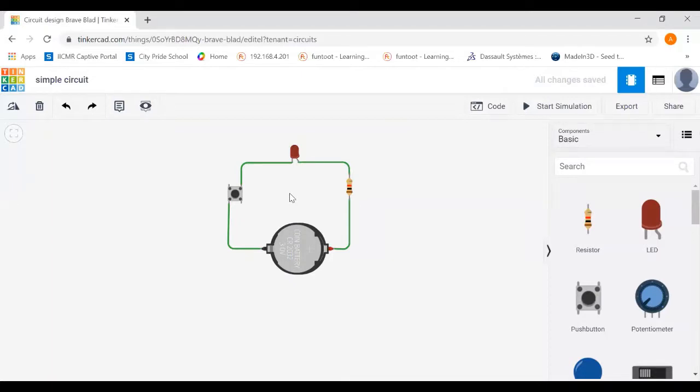Fine. So now let's check how we can check that this circuit is working or not. Fine. So here this thing is there, start simulation. That means we can check whether this LED will glow or not. So I'm going to click on this start simulation. Fine, but it is not glowing. But when I'm going to push this button, see, it is glowing because it is a push button circuit. Fine. The moment I will remove my mouse from there, it will stop glowing. So it is a push button.